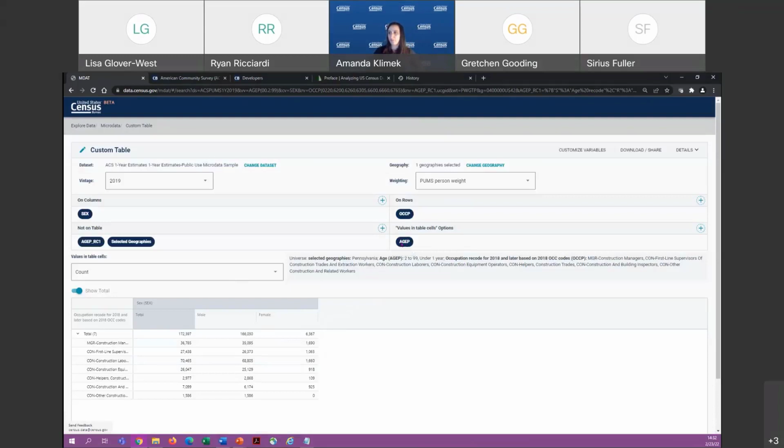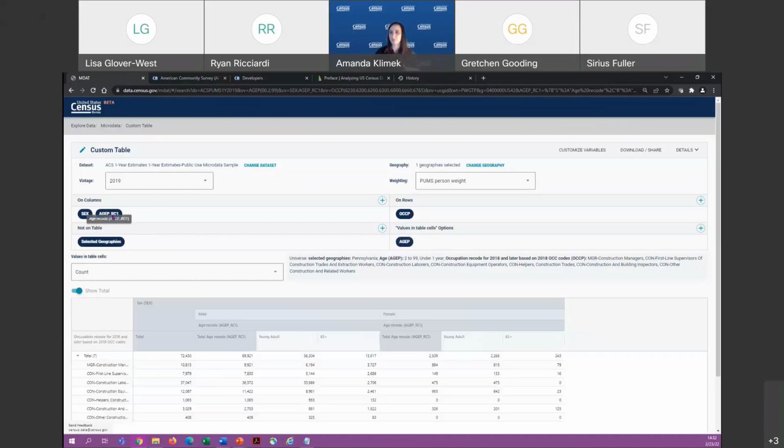And as you can see, we have to add it in. So when you get results that you don't necessarily expect when you go into your table, your first thought is going to be you can play around with the variables and move them around and order them. So we want this to be showing. We're going to put this on the columns. Oh, this is our age recode actually, so we want this to be shown. So this is our age recode we created.